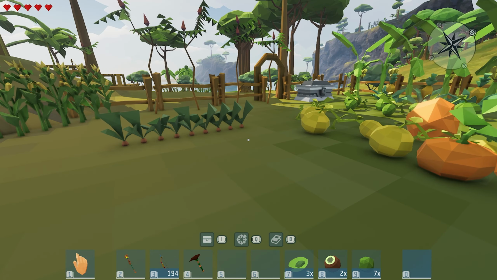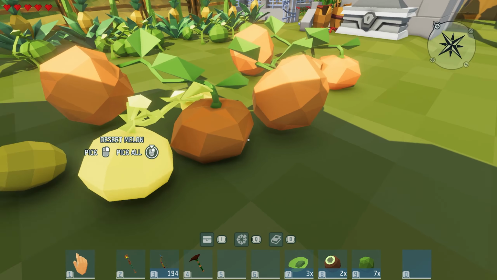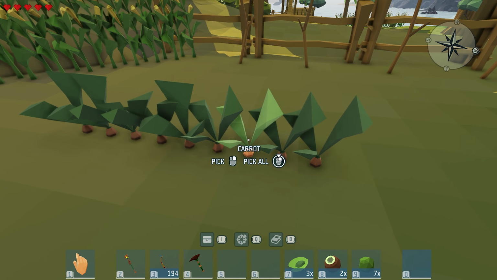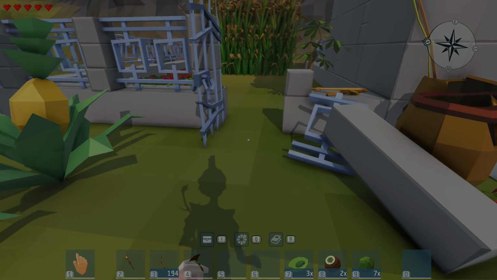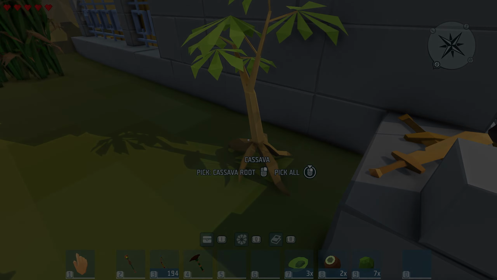Alright, let's check out. Everything seems to be grown. We got some pumpkins, we got melons, we got carrot. Definitely going to farm some of that and take it with us. And cassava roots. Oh yeah, this is